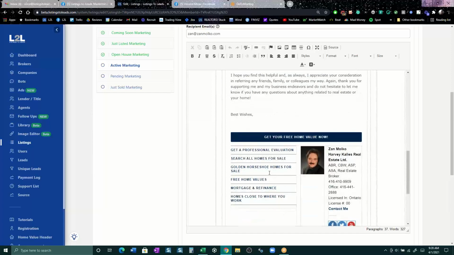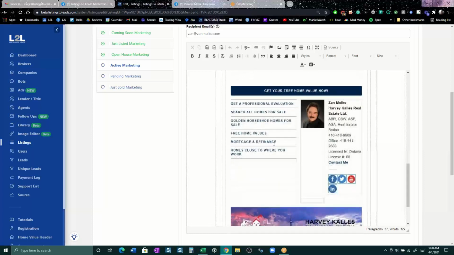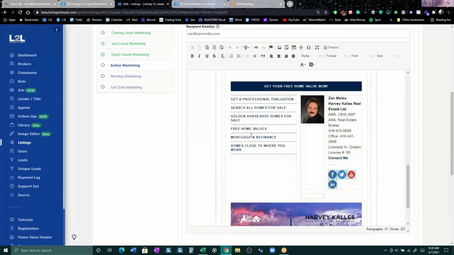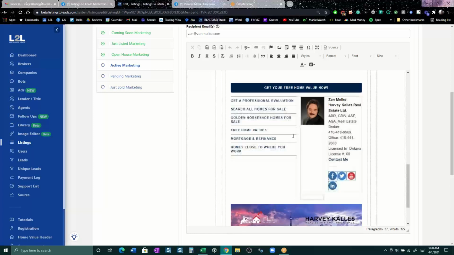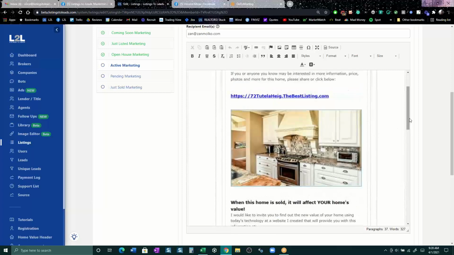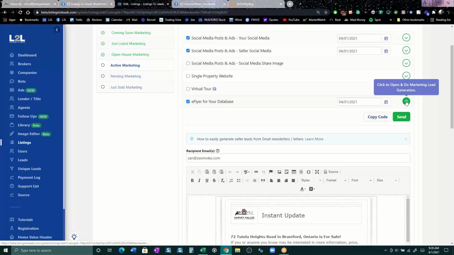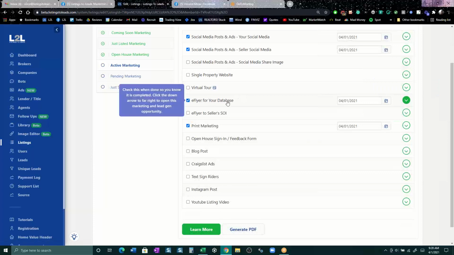Then you've also got your signature down here, which is on your profile. And you can have links like this: mortgage and refinance and Golden Horseshoe homes for sale. These are all clickable links that you can push right in from your email and have people go to whatever direction you want to go. This I really recommend using maybe once a week in your database on any property, on any